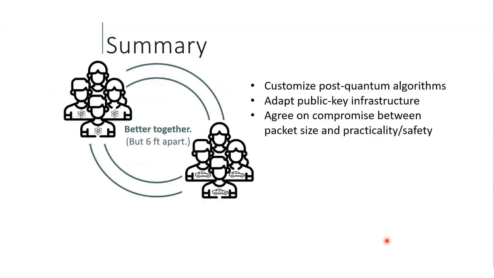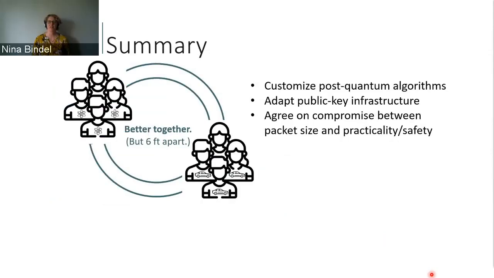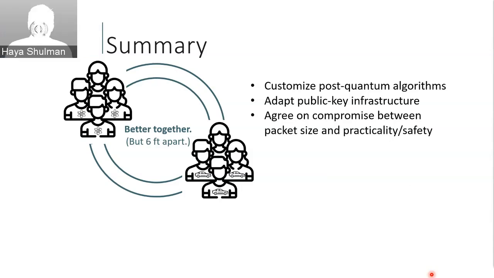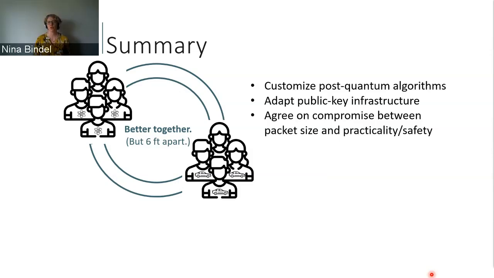So to summarize, also I think my time is up. On the one hand, we need to customize post-quantum algorithms, for example, the Rainbow implementation, to these platforms. On the other hand, we need to find another way to communicate the certificates. That means we need to adapt the public key infrastructure. And last but not least, maybe we can compromise between the packet size and the practicality